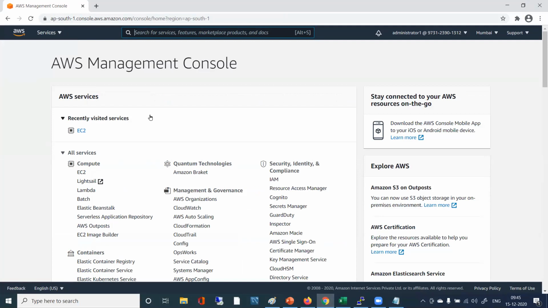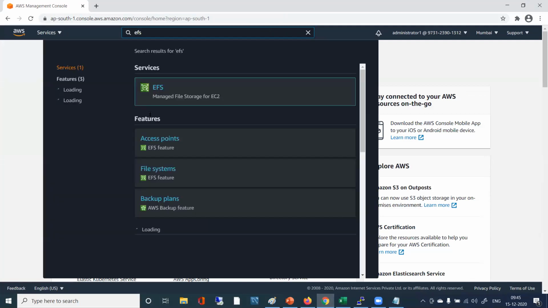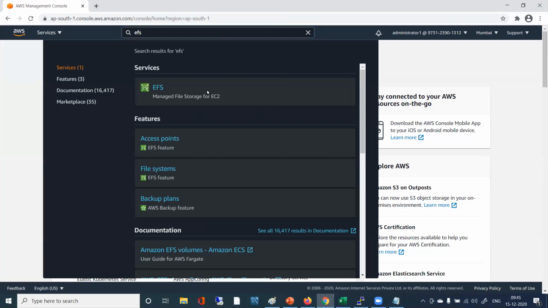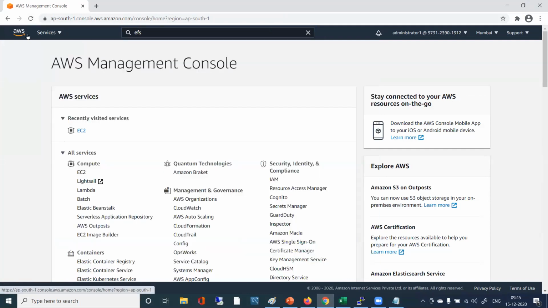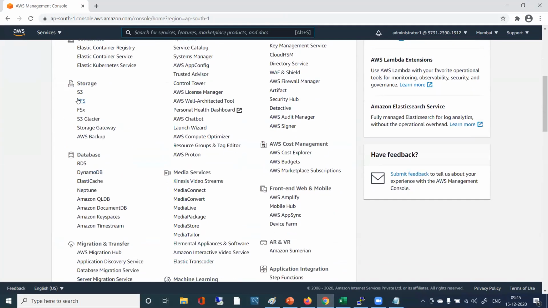We searched for services, and there we chose EFS. We created a volume, right? Not volume. We created EFS. Yeah, okay. You see here, this EFS we chose. You remember now?